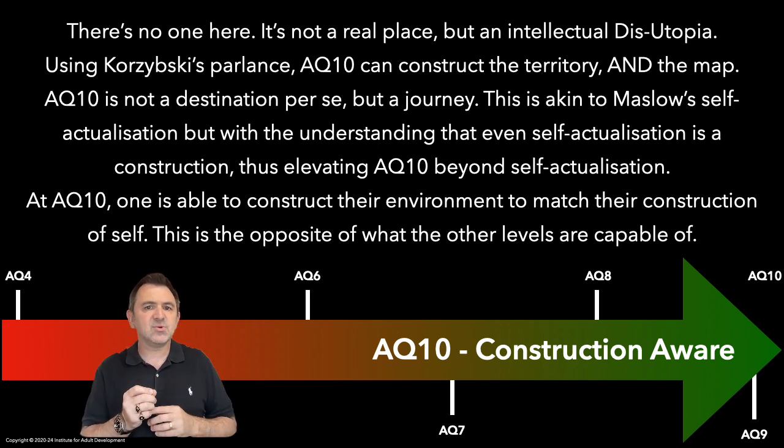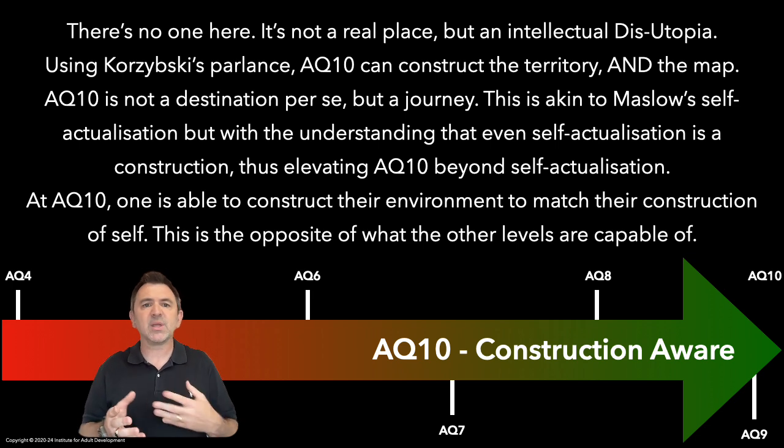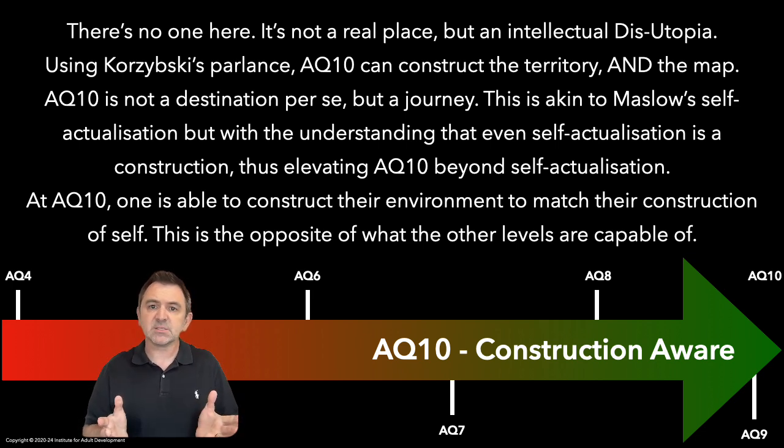And this means that AQ10 can cope with the ambiguity of life, as it only seems ambiguous to the rest of us. At AQ10, the patterns that constitute ambiguity are also seen as a construction. It is simply a pattern we cannot discern at AQ7. But AQ10 can, as their balance is far greater than ours. Their dynamic intelligence is far greater than ours. And this has its advantages in a multifaceted and complex world. What looks like chaos to us is simply a higher level pattern of construction we cannot yet see.